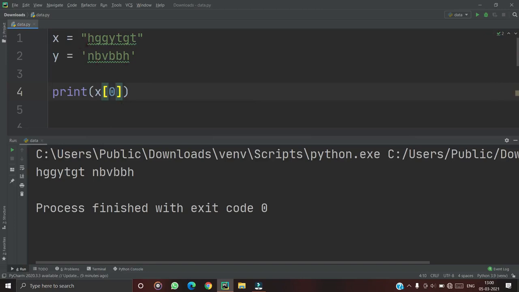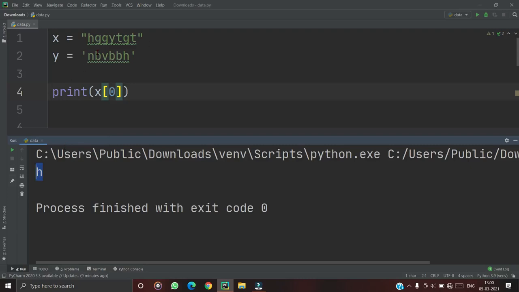This will print h, because the first index of x is h. Indexing starts with 0, like 0, 1, 2, 3, 4, 5, and this goes on.